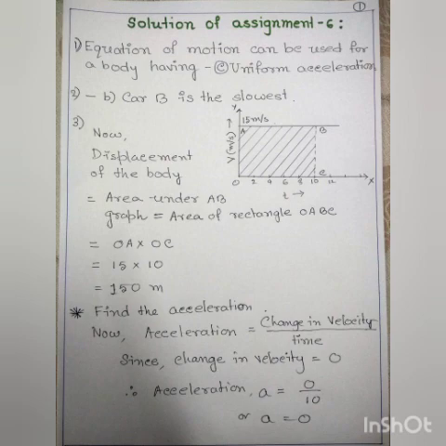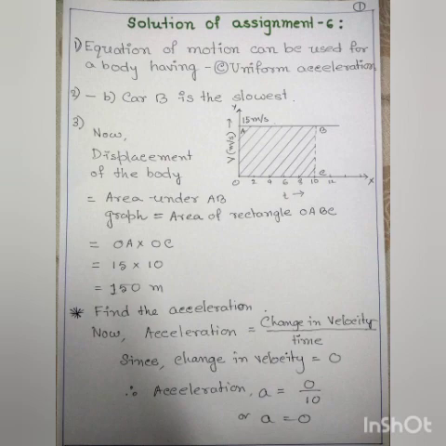Here 10 second is point C. So from point C you have to draw a perpendicular on the VT graph. So the perpendicular here is CB. Now displacement will be the area under this AB graph. Clear? So if you want to measure displacement of the body from VT graph, you have to measure the area under that graph. Clear? So as final time is C, time t equals to 10. So from 10 you have to draw perpendicular, then you have to measure the area.